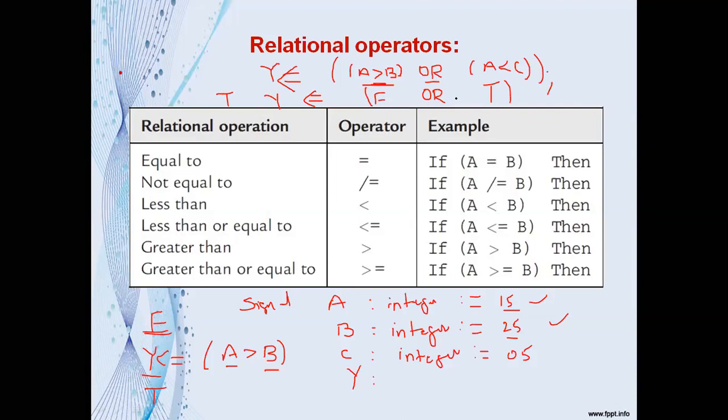Why is it true? In logical OR operation, if at least one of the inputs is at high state, the output of the OR operation is high. So here the true is treated as high, false is treated as low. Therefore, the output is true. So this is how the relational operators can be used here. But the point to remember here: the relational operators are used to test the relative values.